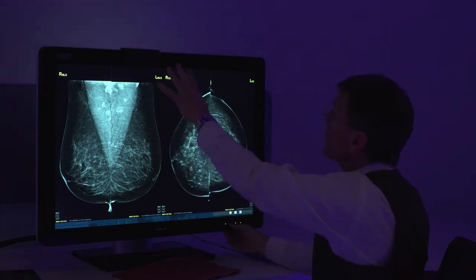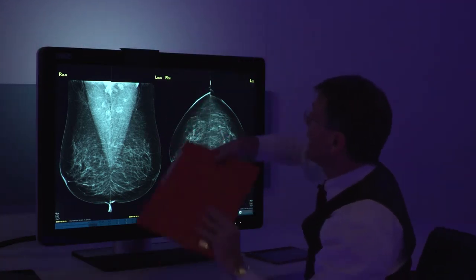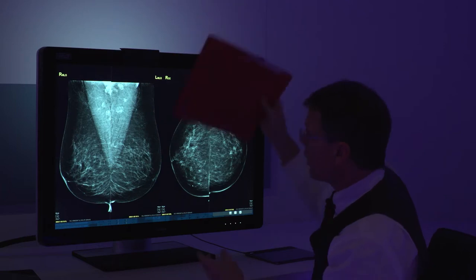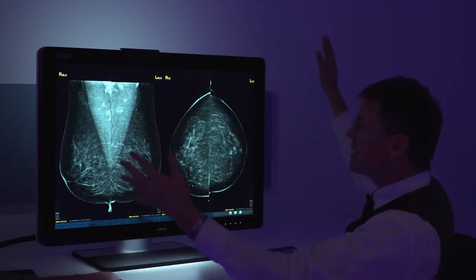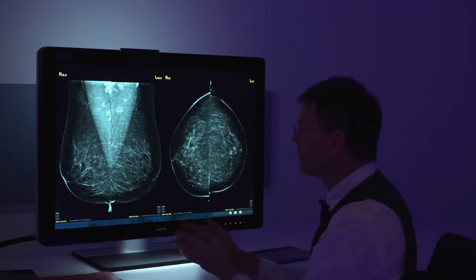Similarly, I can turn on the light behind this, and so now I have a light that's lighting up the wall. Of course, you can have both of them on at the same time, and now you have a nice ambient light around the display.